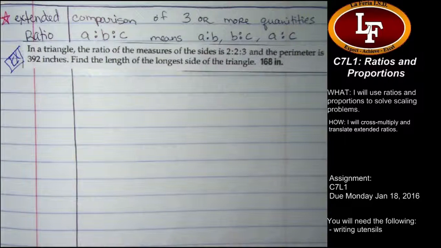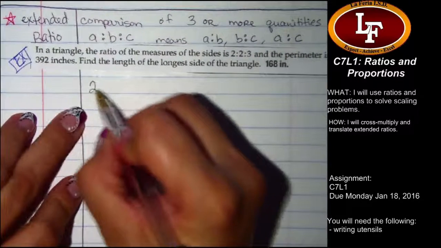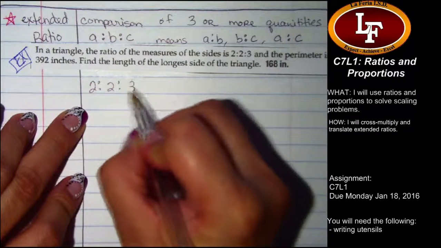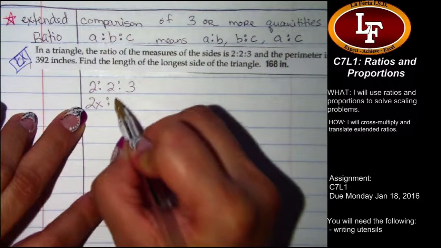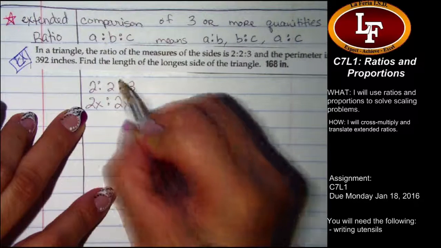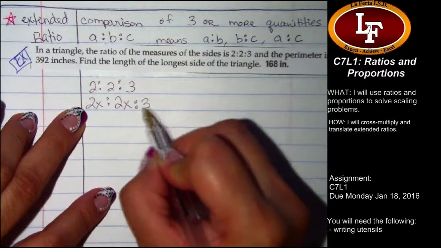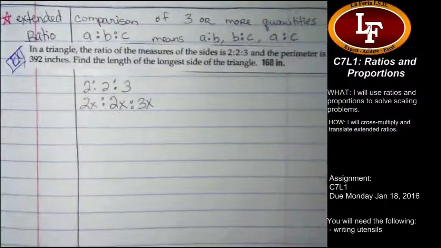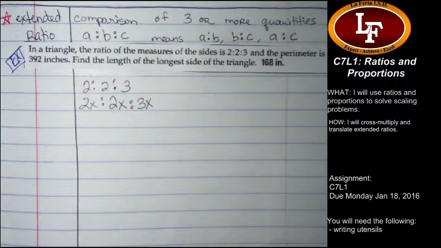This doesn't mean that 2 plus 2 plus 3 is 392, but 2 times some number plus 2 times that same number plus 3 times that same number is going to give me that